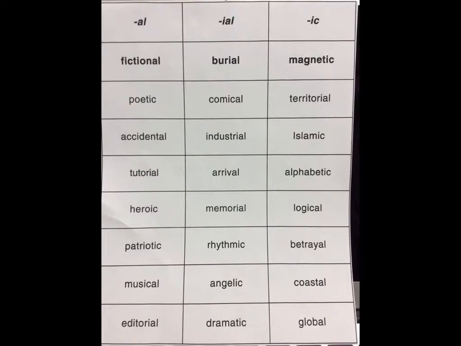And we're working with the suffixes AL, IAL, and IC. Now, all of these suffixes have something in common. They all mean either associated with or related to. Now, when I say associated with or related to, we're talking about how the word is related to the base